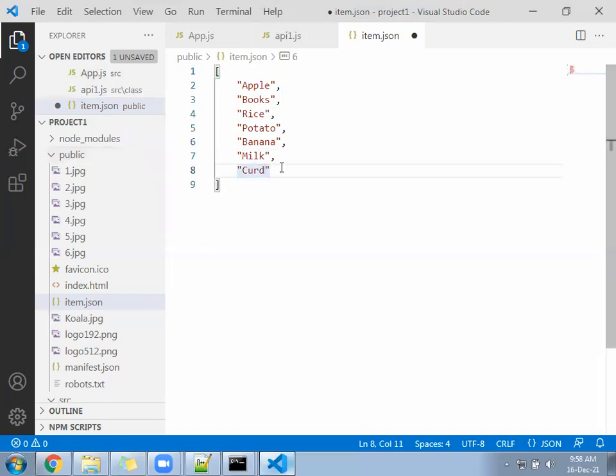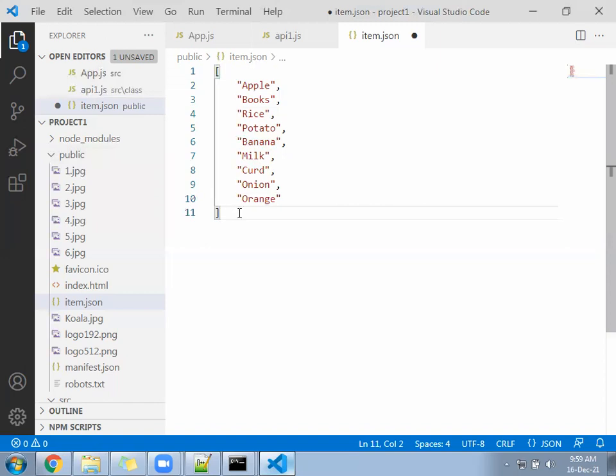Some more things can be added, so the page will look valuable if the data comes. Okay, you have one JSON file.